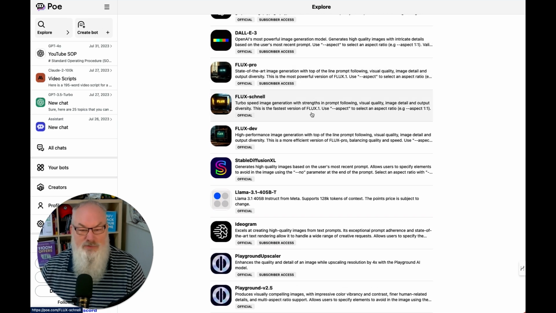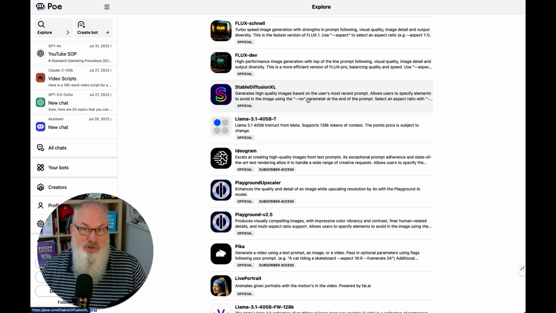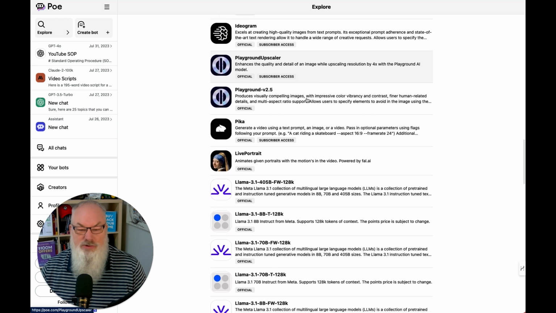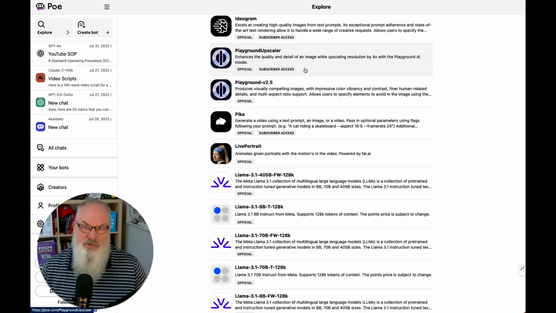More Flux opportunities. Flux, by the way, has different models for different purposes, and you can see we've got 4 different Flux models here. We also have Stable Diffusion, which is another great AI image generation model. So really, really impressive with that. They've also included an upscaler, which is nice. If you generate images with AI, we have that ability to upscale those images, which is also really nice and